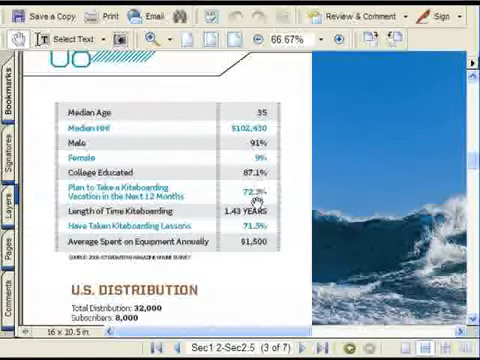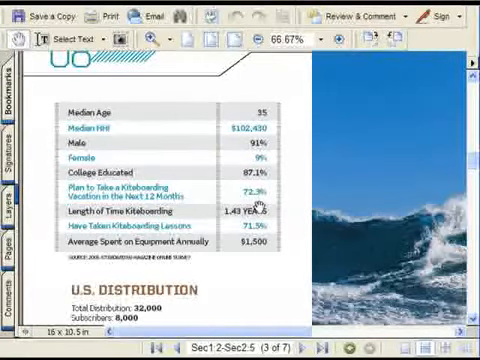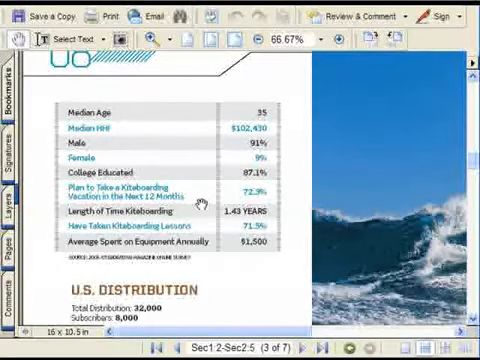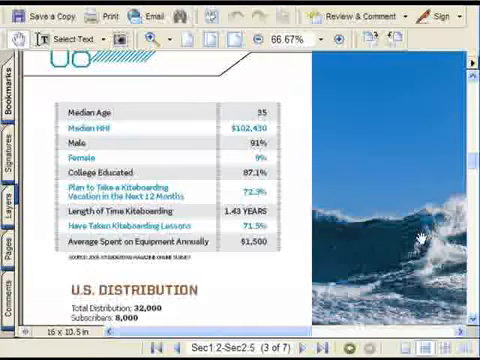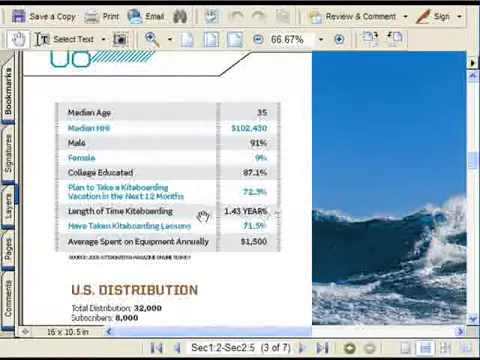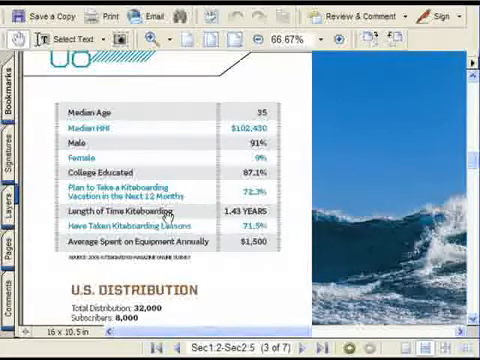87% are college educated, and 72.3% plan to take a kiteboarding vacation in the next 12 months. So that's probably why they have the travel section of their magazine as well, because these people are ready to take a vacation and go kiteboarding, maybe out to Maui, maybe down to Central America or Caribbean or something like that. Length of time kiteboarding,